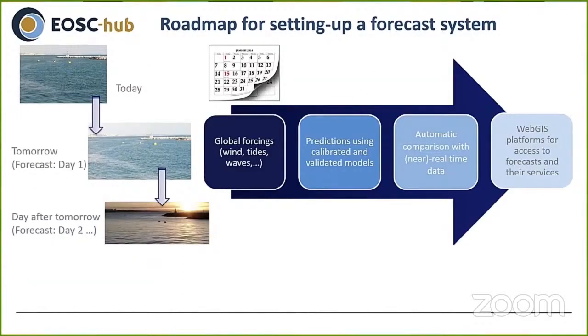The main role of a forecast system is to predict the water conditions for the next 2-3 days. Therefore, a forecast system is composed of 4 main blocks. We need to represent the reality as close as possible, so we must force our system with the boundary conditions and make the system evolve. Winds, tides, waves, water stratification. Then these forcings are used to generate predictions at our domain of study using calibrated and validated hydrodynamic models.